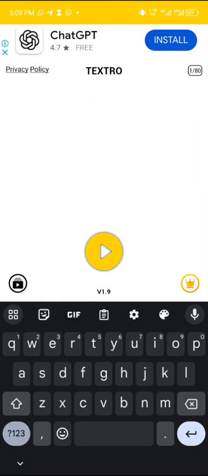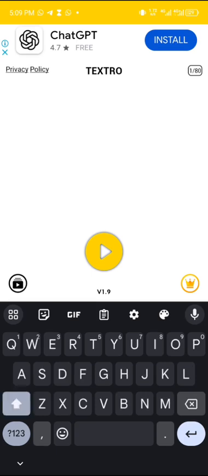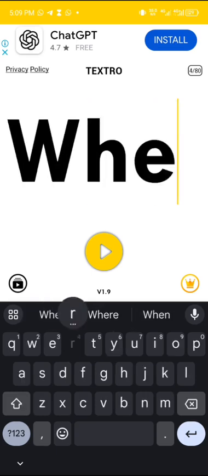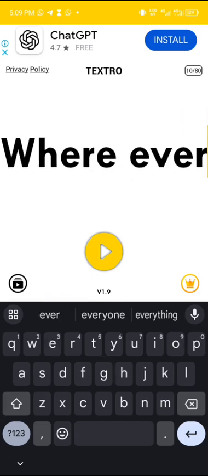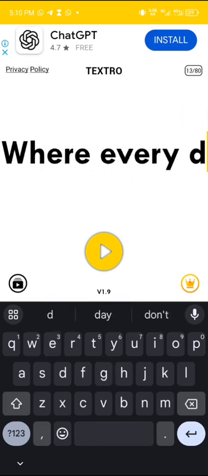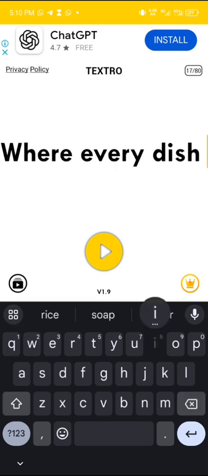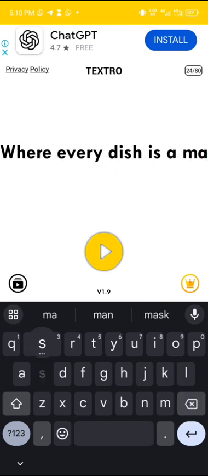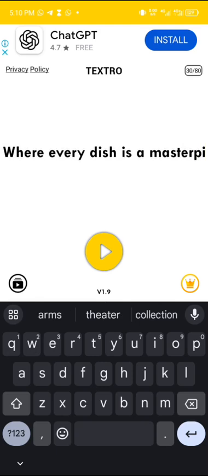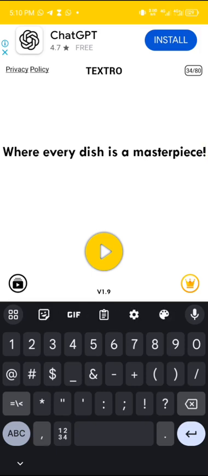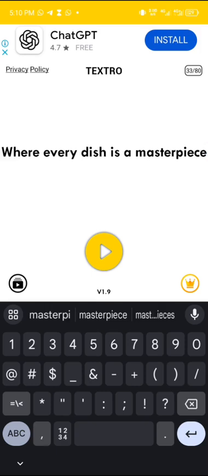Now we have: welcome to Creative Kitchen. Next thing, what other thing can we write? What about text animation can we write? Let's say, where every dish is a masterpiece. Where every dish is a masterpiece. You can just decide to add something like this, or you can just leave it like this. So whichever way,